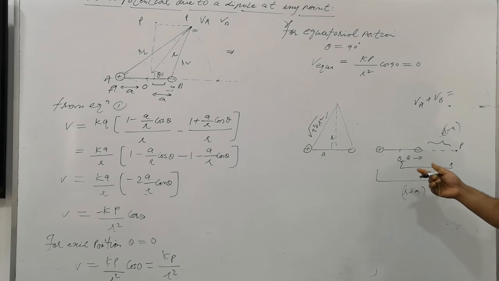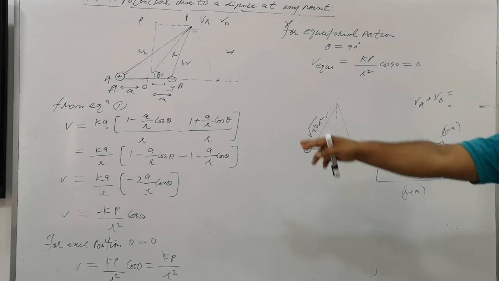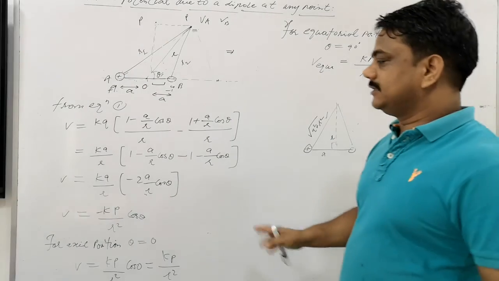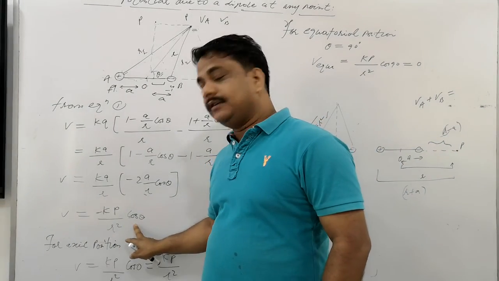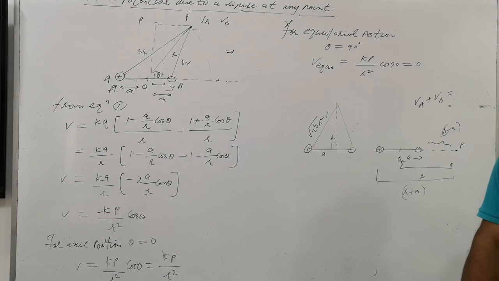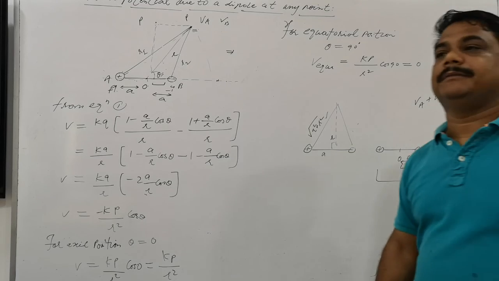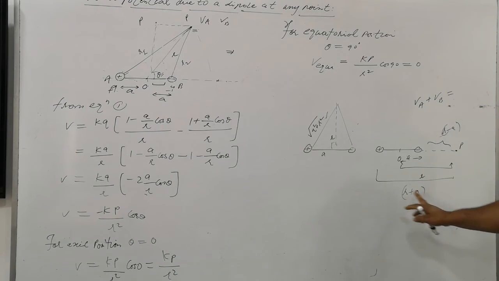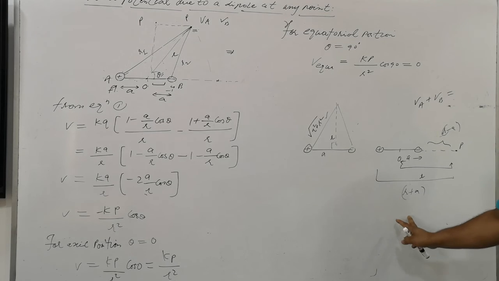Suppose in the examination the question comes: find the expression for the equipotential surface at a point on the axial position. Then you will give this here. Some students directly say the potential at any point is given as this, so for the axial position they will put theta as 0. But if the question comes sometimes for 3 marks, then within 2 lines you will finish it. Please write the expression. For the home assignment, you will solve this. Obviously we have proved it here right now, so we do not need to prove it separately, but for the axial position you will write.